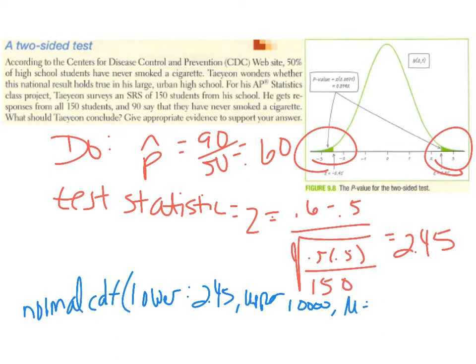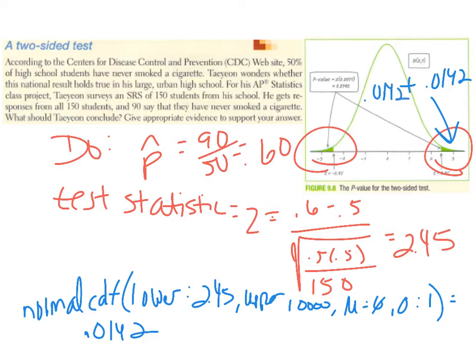My mean is 0. My standard deviation is 1. And that's going to give me 0.0142. So that's the area down here. Okay, that is 0.0142. Well, they're going to be the same, so I need plus another 0.0142, and I get my total p-value